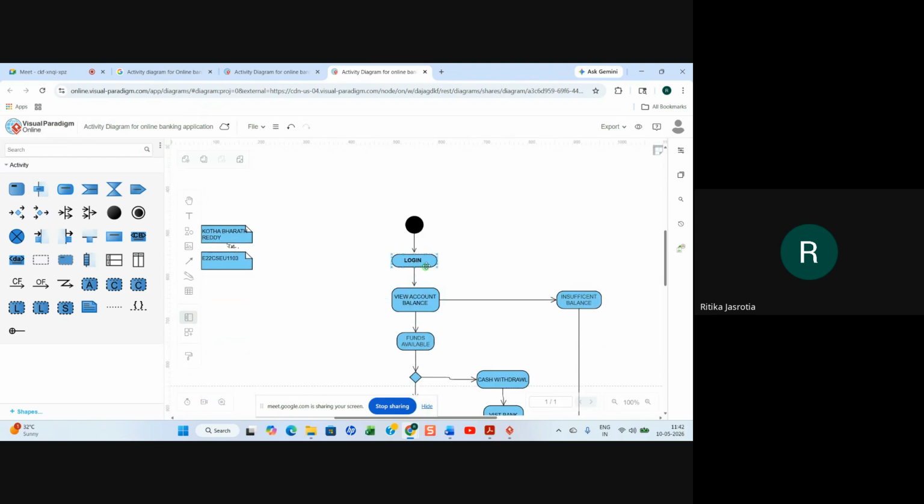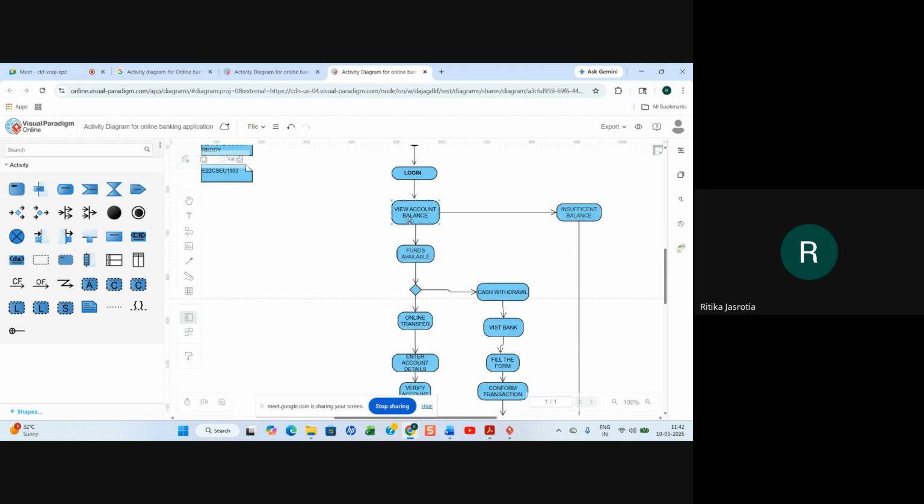So here they have taken login, view account balance, right?